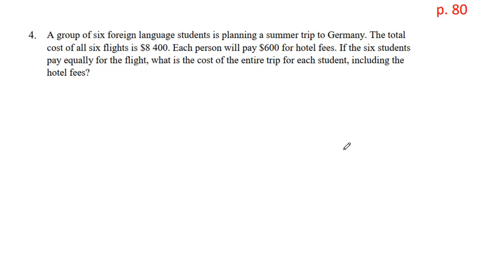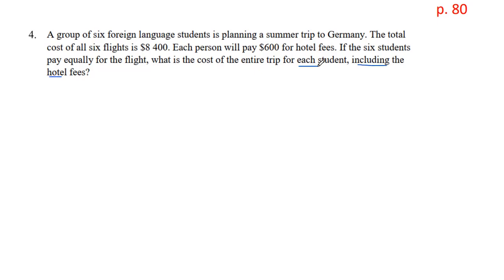Number 4, a group of 6 foreign language students is planning a summer trip to Germany. The total cost of all 6 flights is $8,400. Each person will pay $600 for hotel fees. If the 6 students pay equally for the flight, what is the cost of the entire trip for each student,